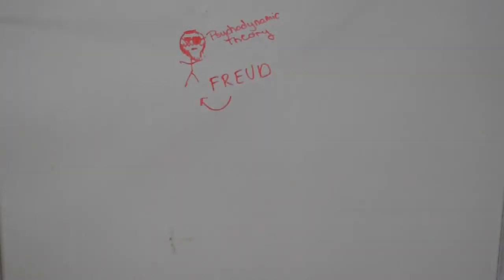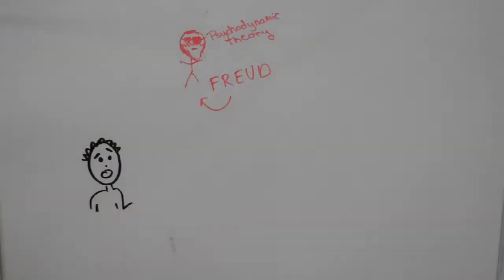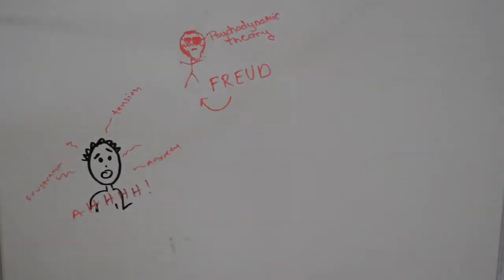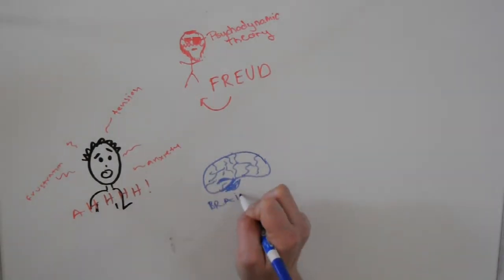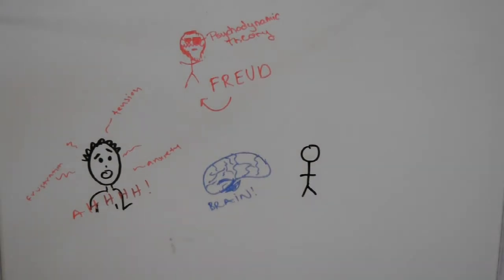Proposed by Freud, the psychodynamic theory says that people experience conflict because of their interpersonal states. Frustration, tension, and anxiety are internal, psychological, mental, and emotional states that can cause interpersonal conflict. From Freud's perspective, the human mind has 3 parts, and how they interact regulates the way that psychic energy is released. There is the id, the ego, and the superego.